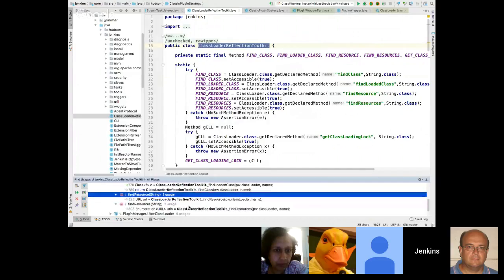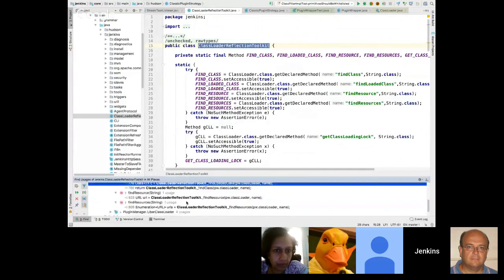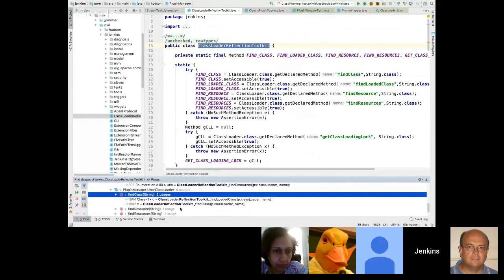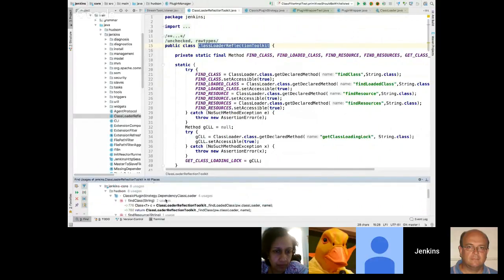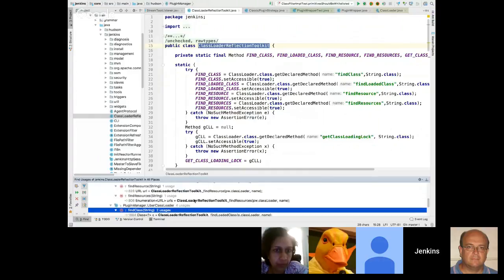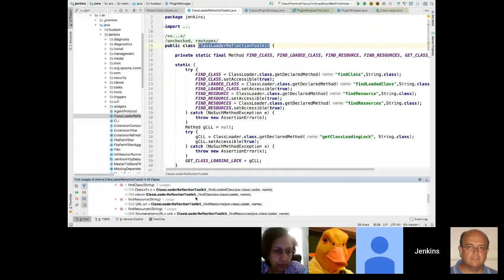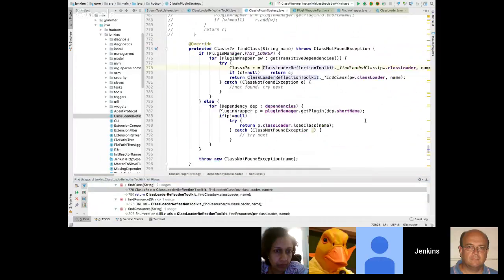Okay, so we have a number of accesses in Jenkins class loader. It's Uber class loader. And another one is dependency class loader. It's a tool which allows loading data from plugins and their dependencies. So effectively, both calls are low-level invocations. And let's see.